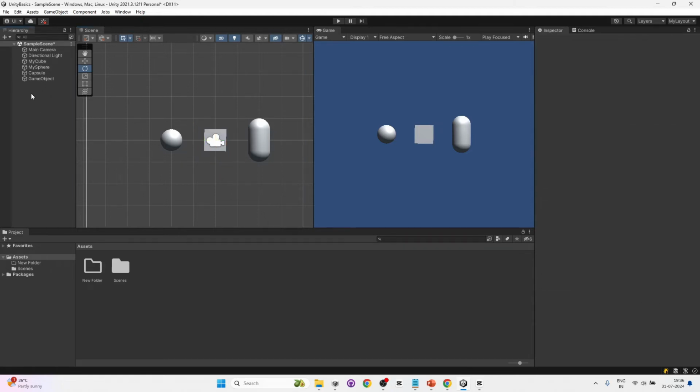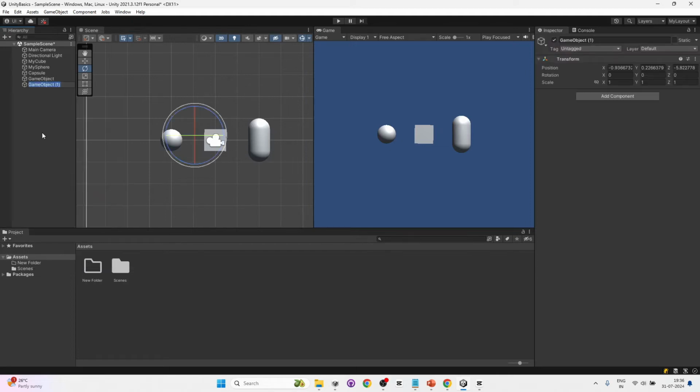So what I can do here, right click, I create an empty game object. Okay, I'll say parent cube. First I'll give a position for this. Let me reset the position first. Reset, select the move tool and move it to somewhere top left. Okay, somewhere there. And now if I select my cube and drag it under parent cube, you can see its